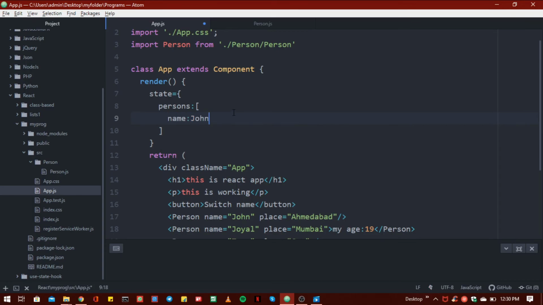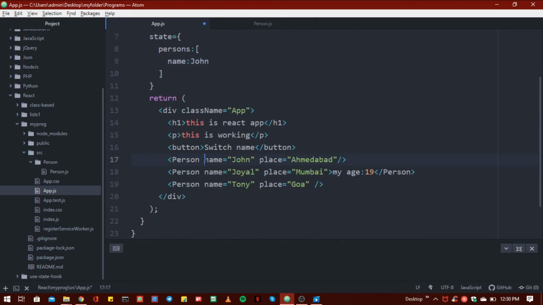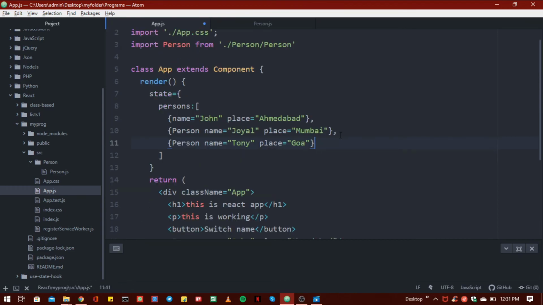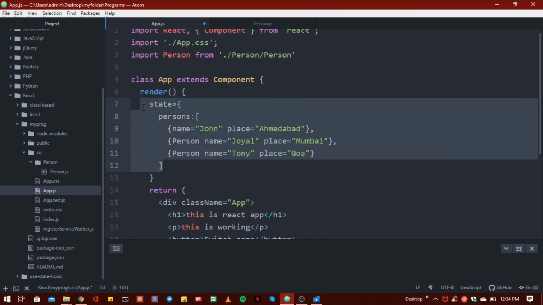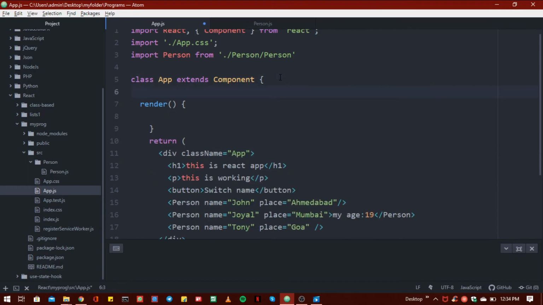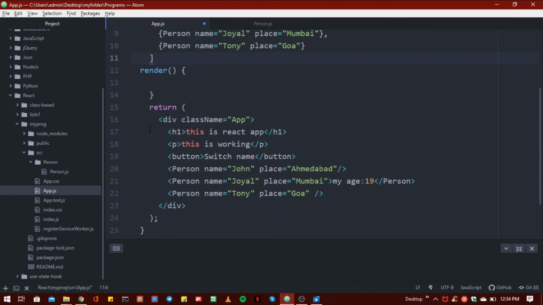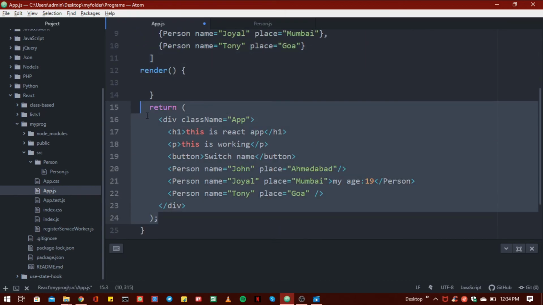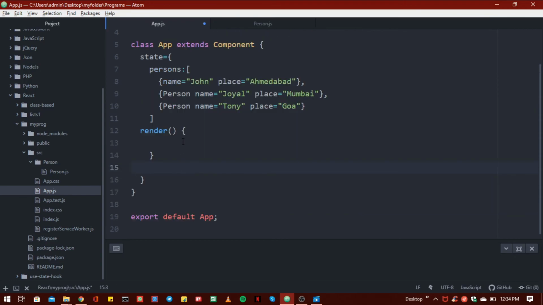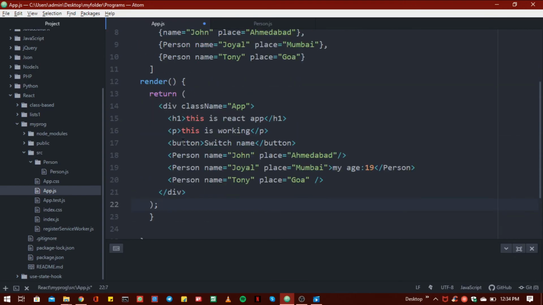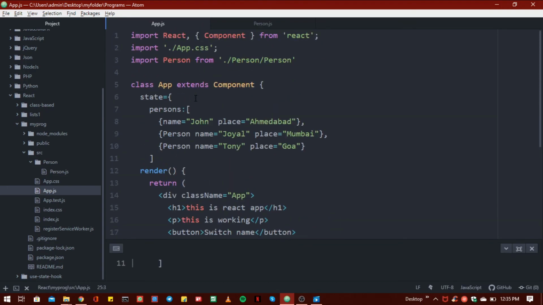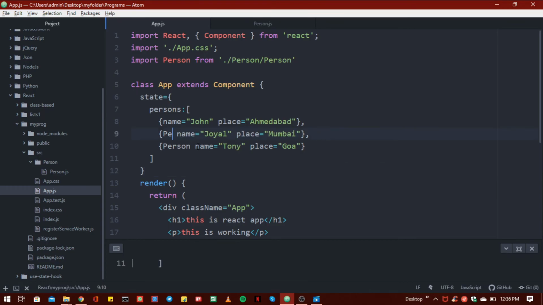Name John, and I want to replace this like this. Oops, we have to use this state below this component, and we have to use this return inside our render. Remove this and add a closing tag here, and here also this. Remove this person because this is not a property.